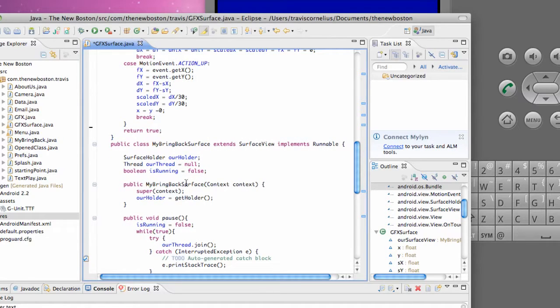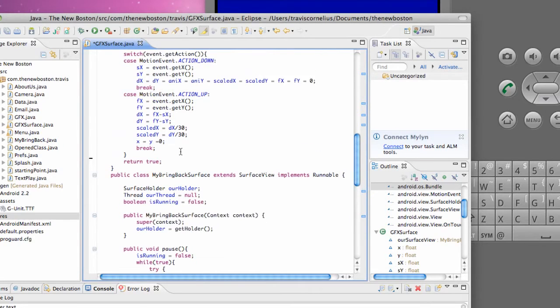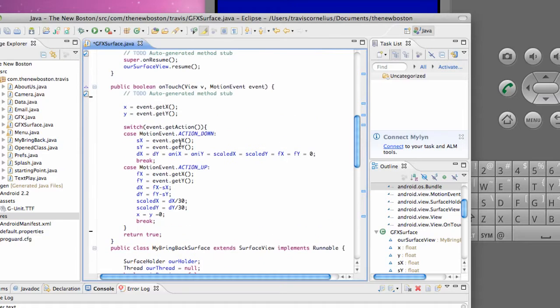But basically we want to be conscious of slower devices that will download our app from the marketplace. So how can we utilize our thread and make it use less processing speed so slower devices can run at the same rate as higher devices? We want to set up a frames per second atmosphere when we work with animation or game development,